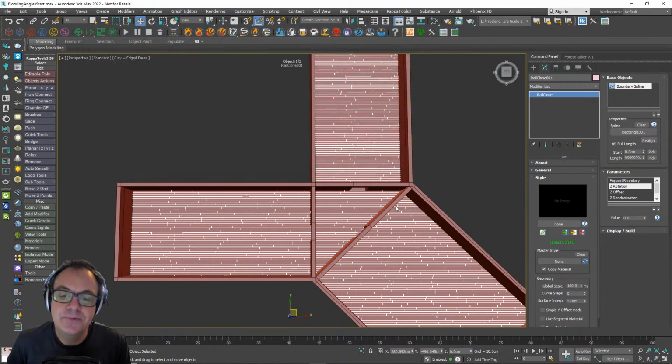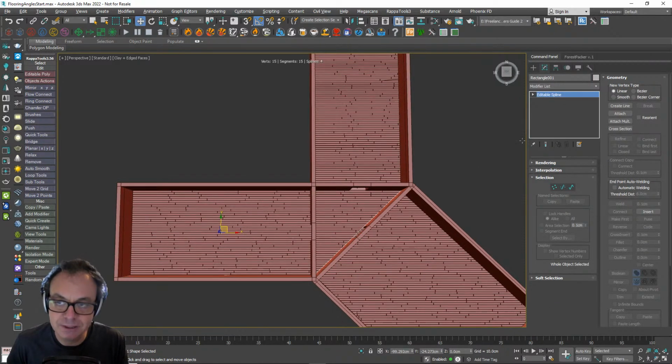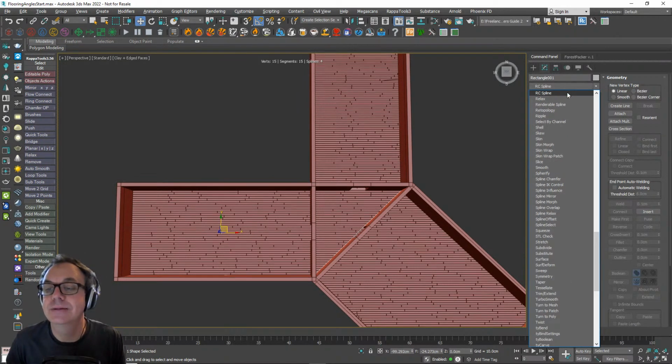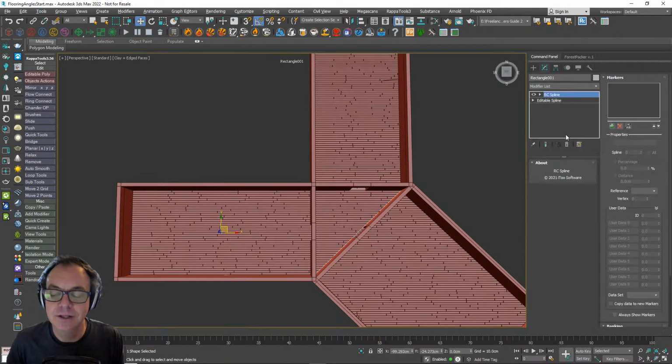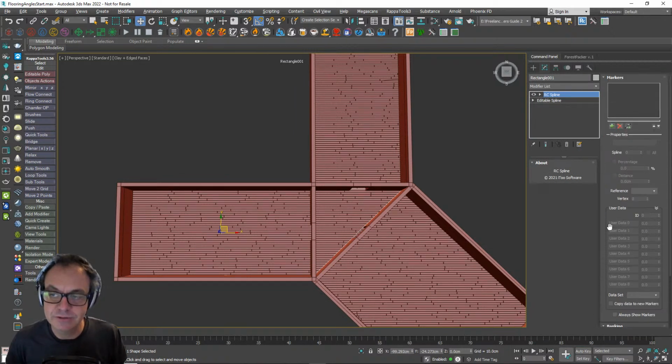Close that. Now I'll take the base object, just the base object, which is a spline, and then I'm going to add the RailClone spline modifier here. Now incidentally, I'm not going to touch on this today, but this is also how you add the banking effects that you might have seen in the RailClone 5 trailer. So these markers can be added multiple per spline, but in clipping splines, you just add one to each spline and you add it at the start of the spline.